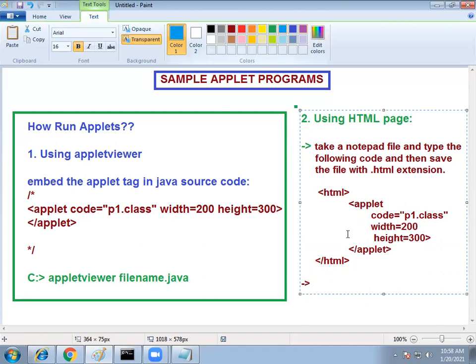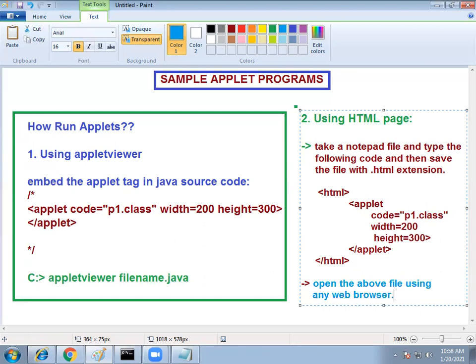Now step number 2 is open the above file using any web browser.